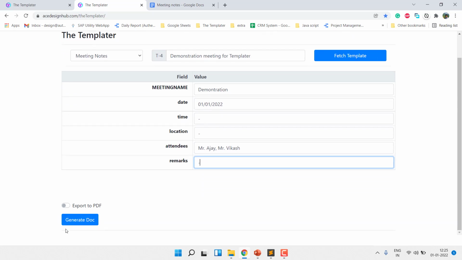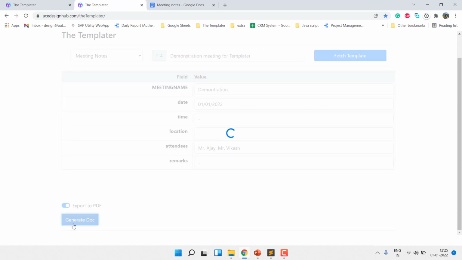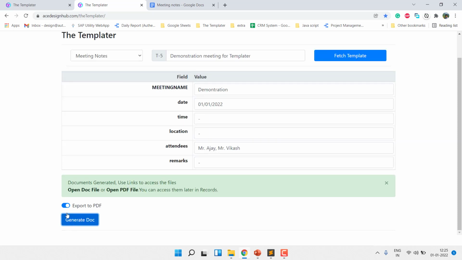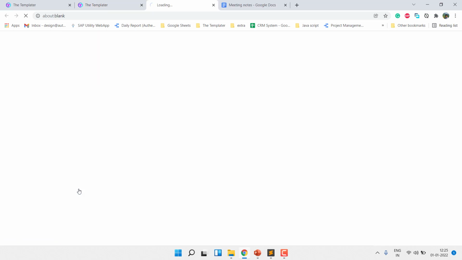Then it is asking me to confirm whether I want a PDF as well or not. So I will just click on this one also. In that case, it will generate a PDF file as well along with the document. I will just click on generate document, and it will automatically replace those texts inside that template and create new documents. So if I open the document file,